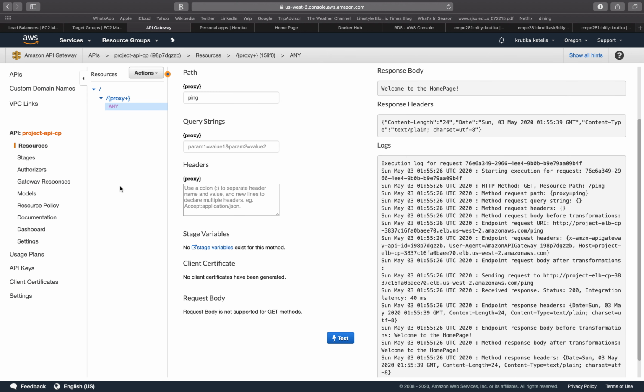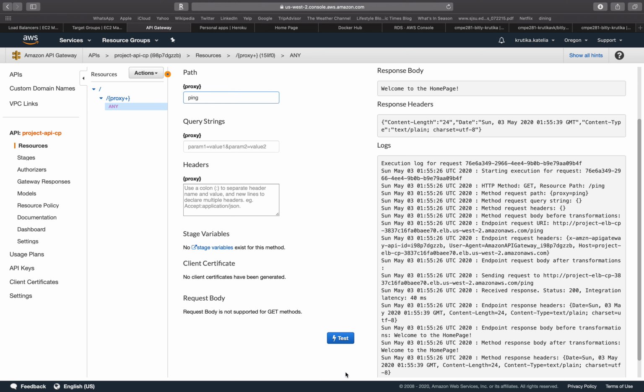So let's look at the API gateways sitting in front of the CP and LR servers. This is the gateway in front of the control panel. Let us go ahead and test it. It is already deployed, so I have exposed an API ping to just do a check on the endpoint. So there is the CP for you.